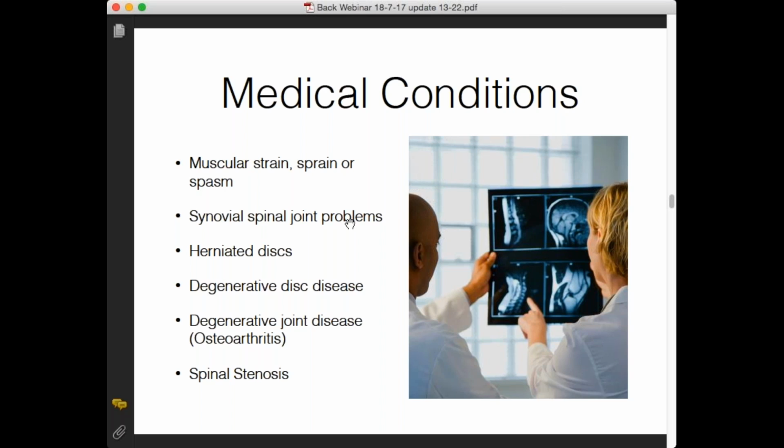Yeah, and then you've got the disc. Then you've got degenerative disc disease. That's when the disc actually degenerates and becomes fixed, as in ankylosing spondylitis, where the disc itself becomes hard and no longer acts as a cushion. We call it a slip disc, but it is more correctly called a herniated disc, where the squishy central part of the disc prolapses out through the fibrous outer capsule and touches onto a nerve and causes the